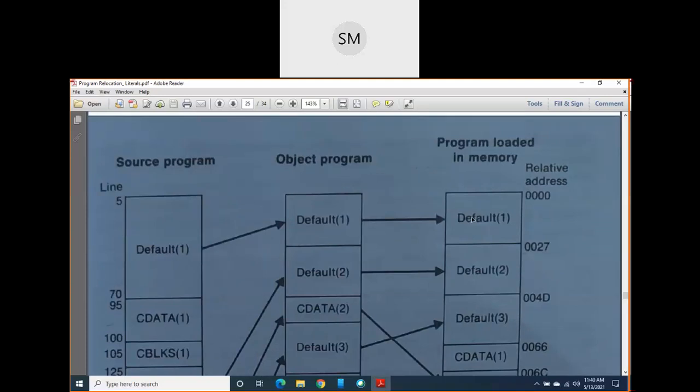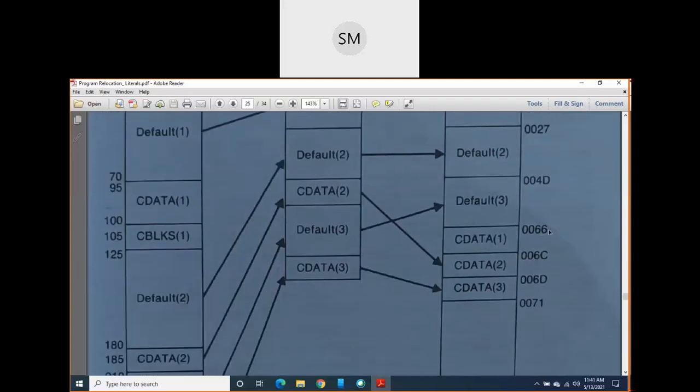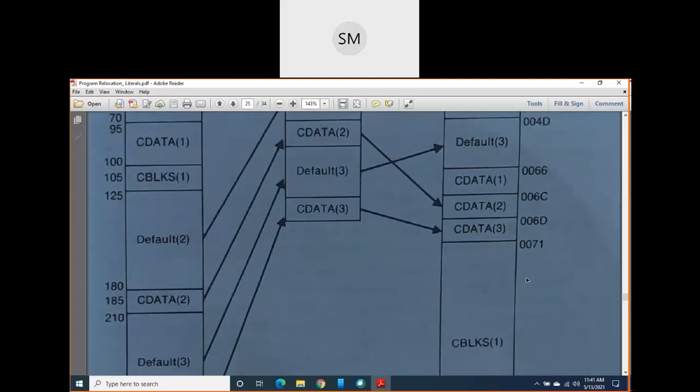Okay, so here if you observe, the default block starts at address 0 and ends at address 0066. So this is the length of the default block. Then C data starts at address 0066 and ends at address 0071. These are the details we have written in our program block table.